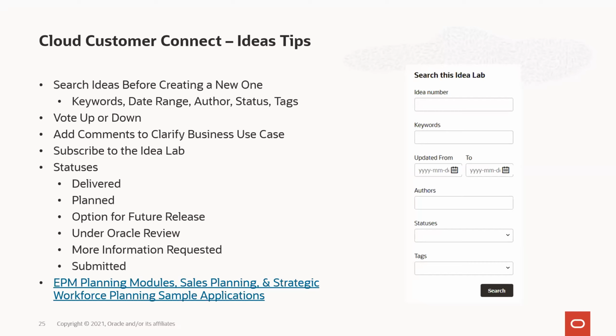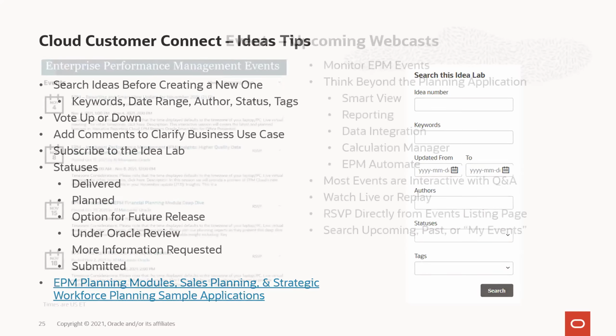And if you don't see what you want out there, again, I ask, have you been voting on them? And get your teams and your colleagues to vote on these things and add new enhancements. You own the product. You should drive what gets in there. So again, very important to take advantage of Customer Connect. It's out there. It's included in your subscription.